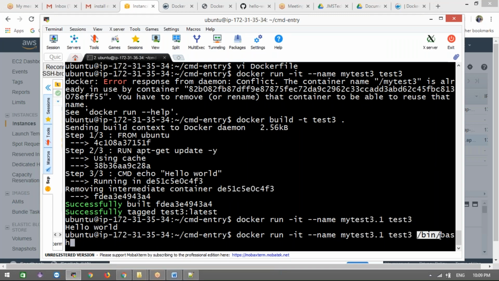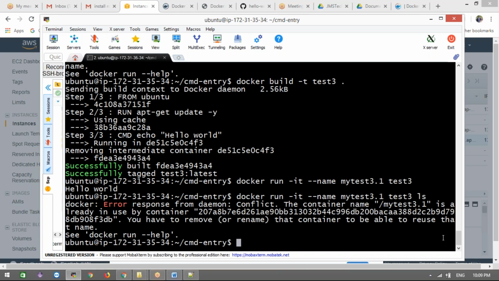This command will be taken as the output. Not only bin bash, we can run any command, like a ping command, or whatever you want to see, like the ls command. That command will override the default. Let me show you. Let's see the root file path ls command. What will happen instead of the CMD echo command? It will run the ls.